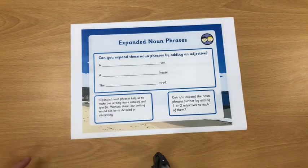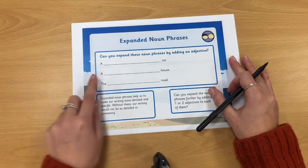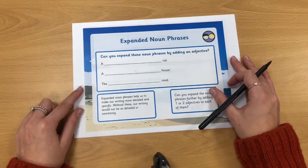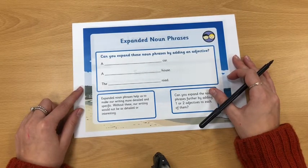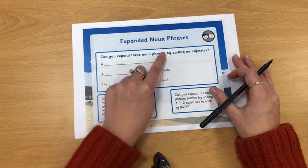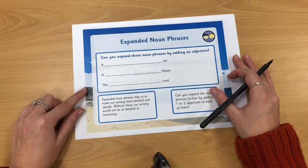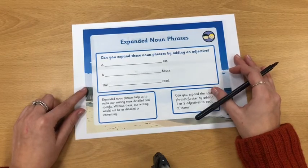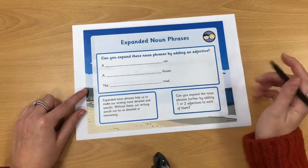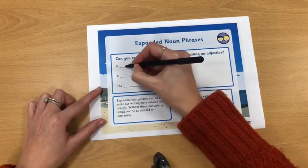Okay, so we're going to have a go now in seeing if we can expand these noun phrases. So at the minute, I have got a car, which sounds very boring. I want to describe and expand that noun phrase. So can you, with your grown-up, think of 2 adjectives you could use to describe the noun car? Okay, so I have decided that I am going to describe the car as shiny and red. So my expanded noun phrase is going to be a shiny